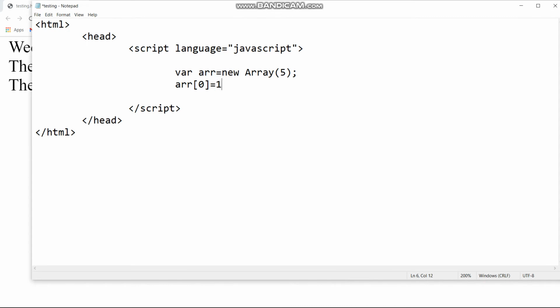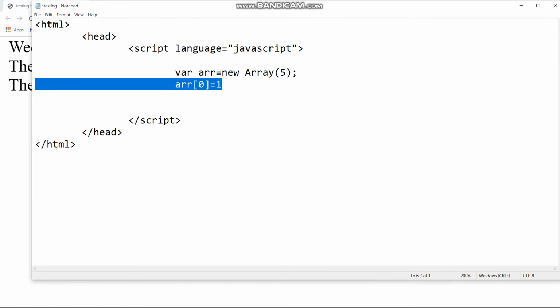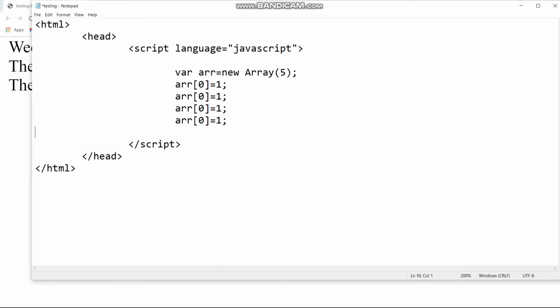So we will take a variable array equals new Array that has the size of 5. So we are writing array[0], that is the index of the first element we are filling inside it, and then I'm just copying and pasting 5 elements, and I will change the index and then the item number. So array[1] is having 2, then array[2], so I will first change the index. Now in the position array[2] I will write 3, and then 4, and 5.